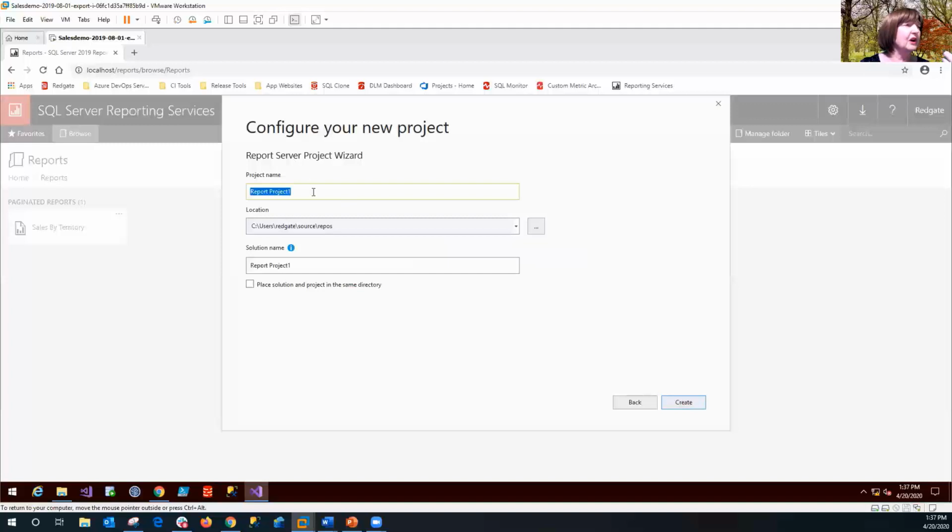And I have to give the project a name, and notice that there's also a solution name. The solution name is like the big container. So what I could do is say project week 1, but for the solution, I could call that Redgate SSRS class, something like that. So I have one solution, and inside I've got one project, and later I can open that solution and just add more projects to it. I'm going to click create